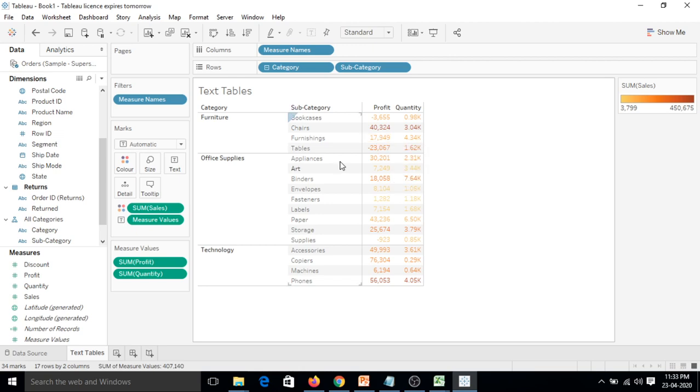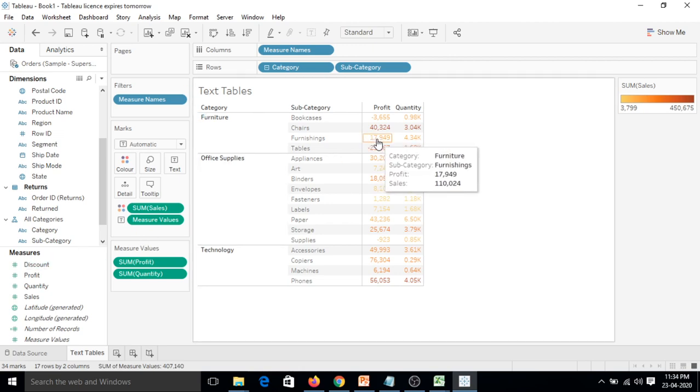If you hover on profit or quantity, you can see that a box comes up, known as a tooltip. In the tooltip we can see four things: category, subcategory, quantity and sales, but we cannot see profit anywhere. Similarly, here we can see the profit but we cannot see the quantity.